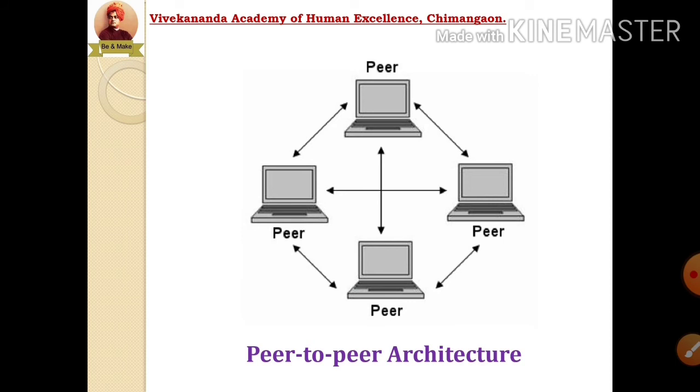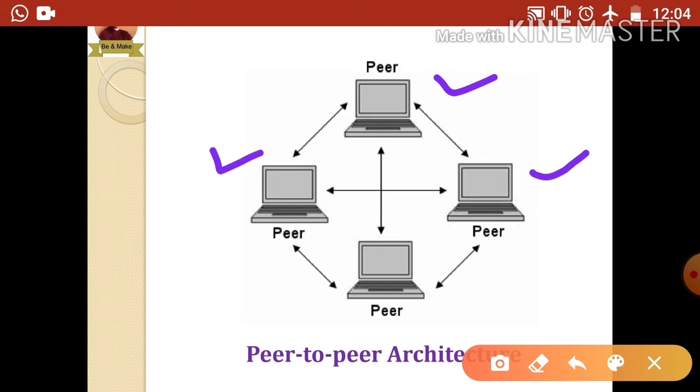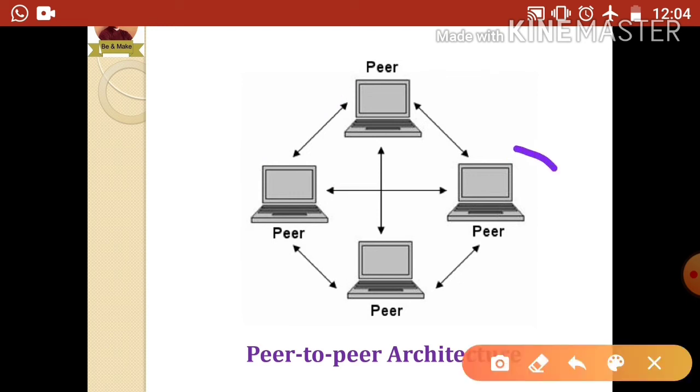Now I will show you the diagram of peer-to-peer architecture over here. This is what is called peer-to-peer architecture. Now here all the computers are at equal position, means I am connecting each and every computer with each other. Okay, here I have connected this computer, these two computers are also connected, these two are connected, these two are connected, even I connected these two computers also. Every computer is connected with each other. Now if one of these computers fails, will it affect the working of the network? No.